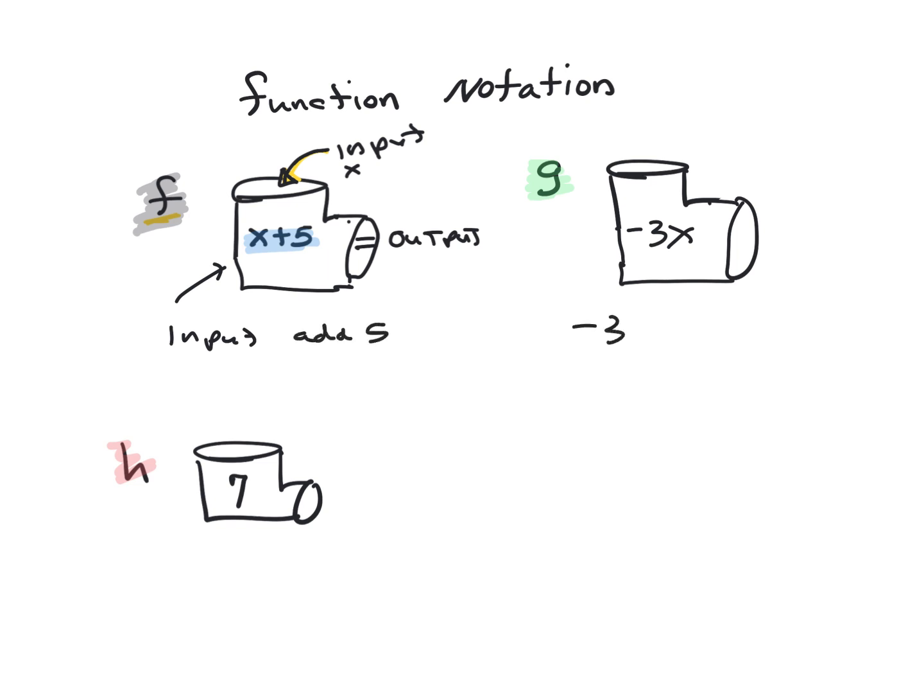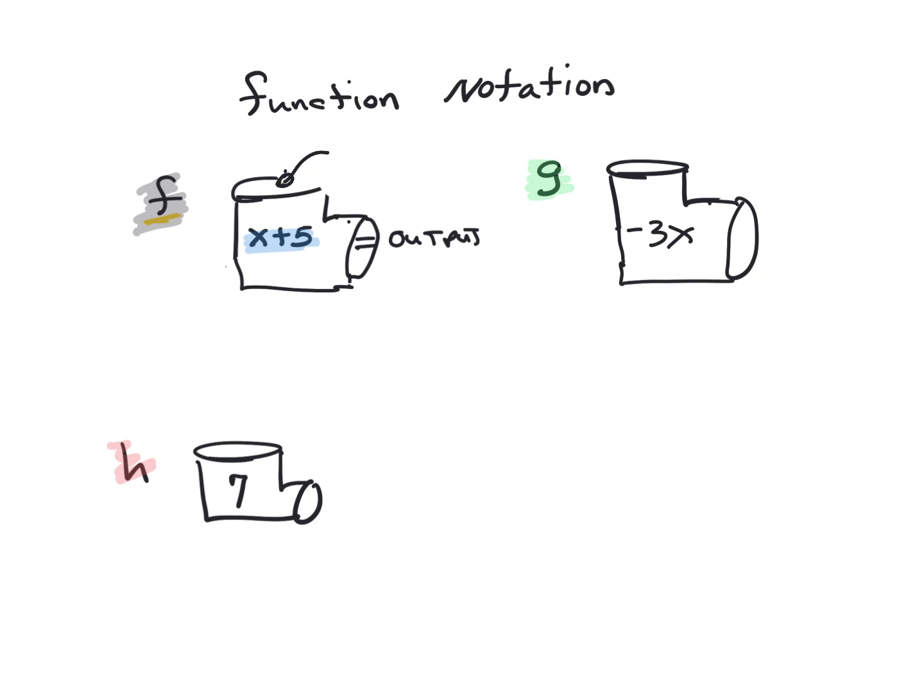This one says -3 times the input. And we'll look at the last one in a second. So this is basically what it means. It's just understanding input, output, and notation. So if I ask you to drop into this machine